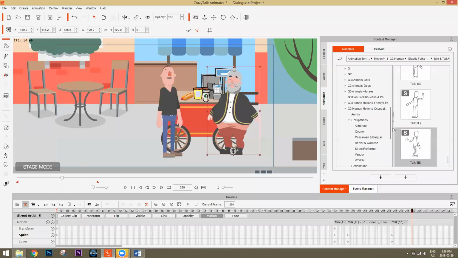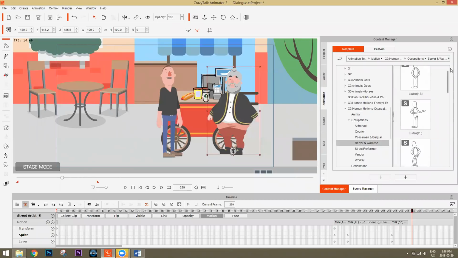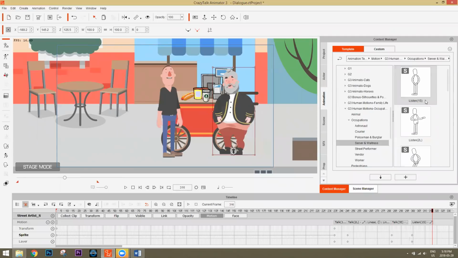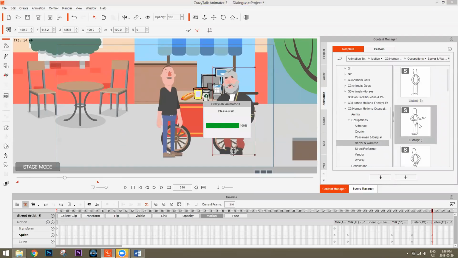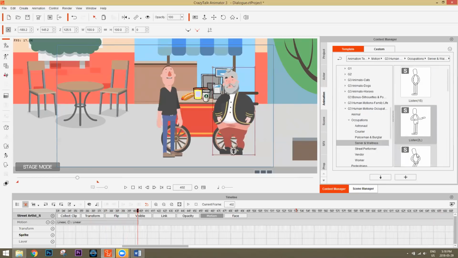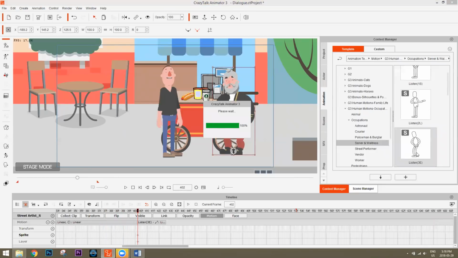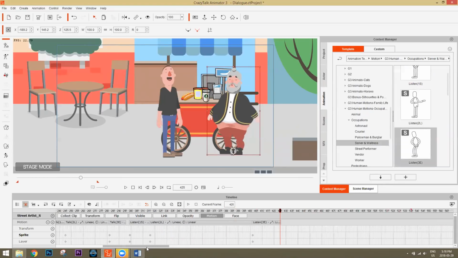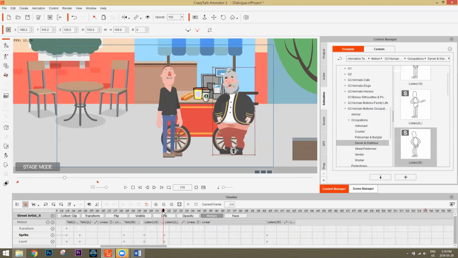And let's go to G3 Human Motions Occupation Animations, okay? And server and waitress, there's one here for listening. Okay, let's just go ahead and double click this. Alas, to be. Okay, and then this one, loop. The one with everything takes years of deep meditation. Okay, and then the end. I meant on my. Okay, so then we've combined, basically just given our character some gestures while he's talking.